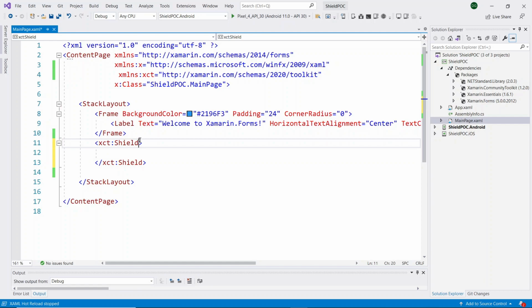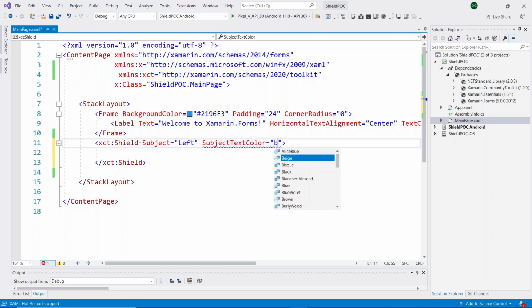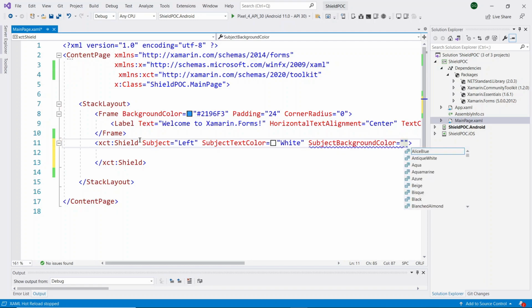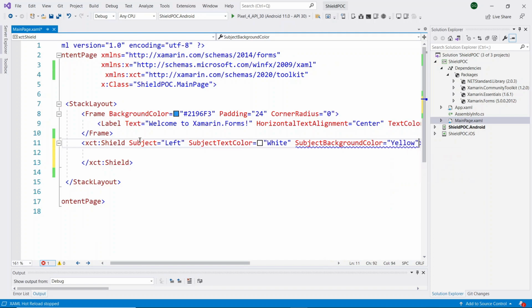And here we need to add our left side section properties and right side section properties. With the help of the subject we can add the left side section text. So here I'm giving subject as left, and subject text color is white, and subject background color is yellow.